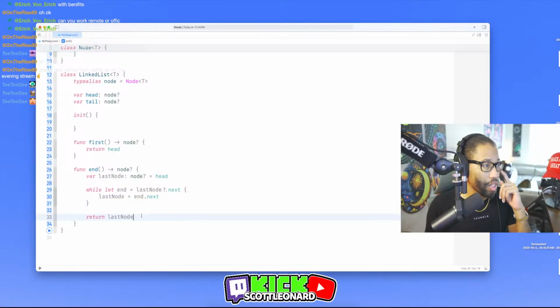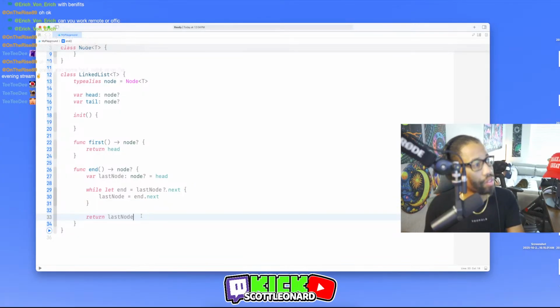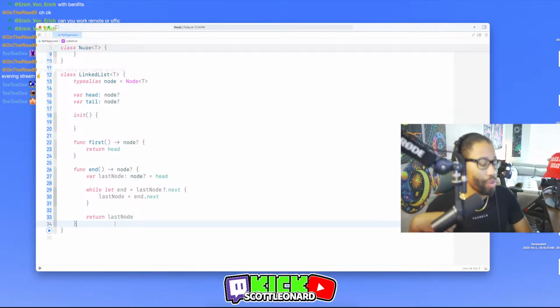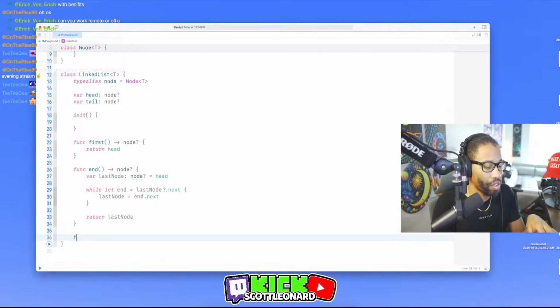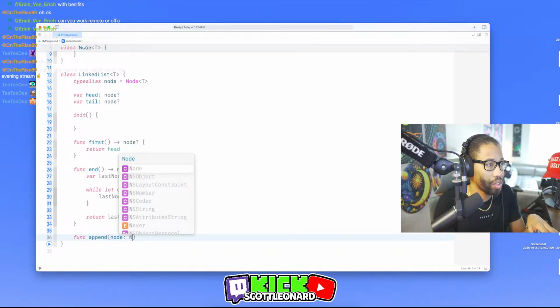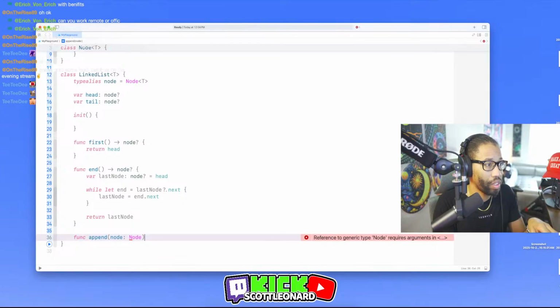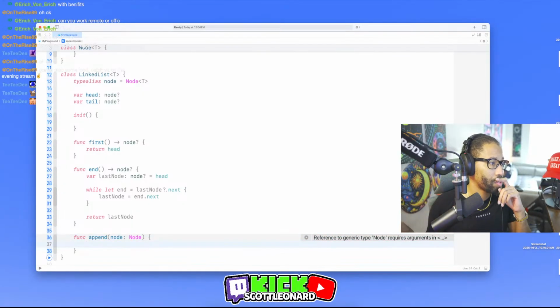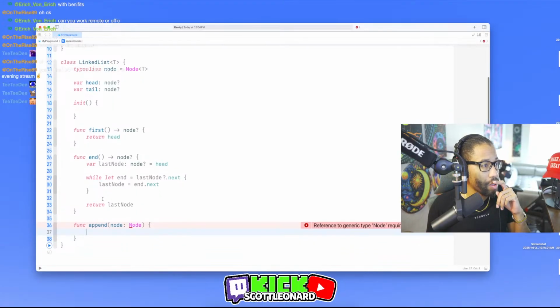And then this will be the last node that doesn't have a value. And then I'm assuming that something like append, func append, is going to be something that takes in a node. Takes in a node, right? I'm assuming it's something that takes on a node.